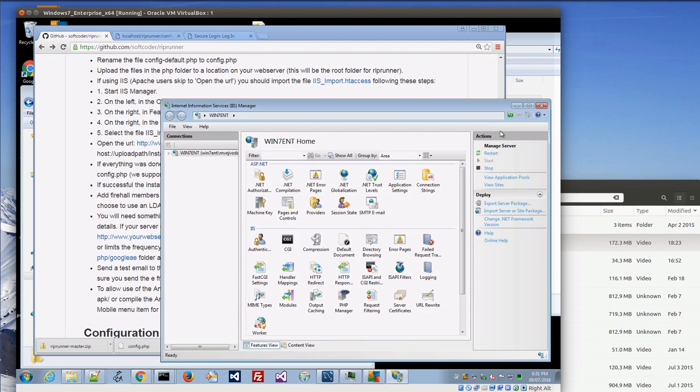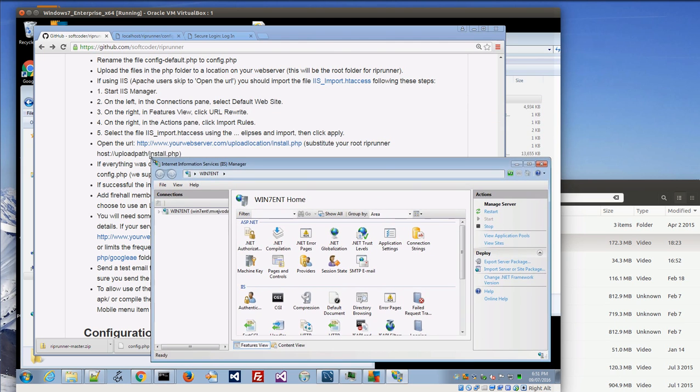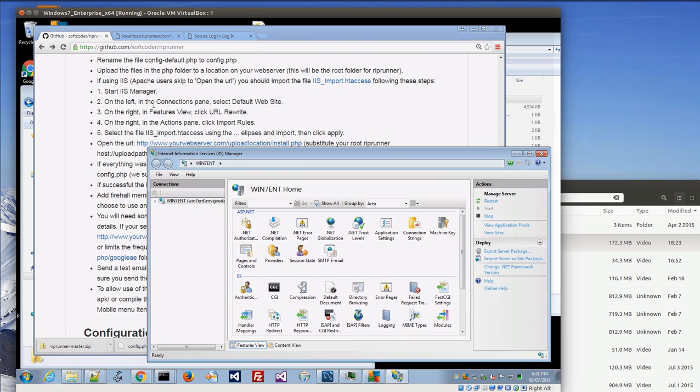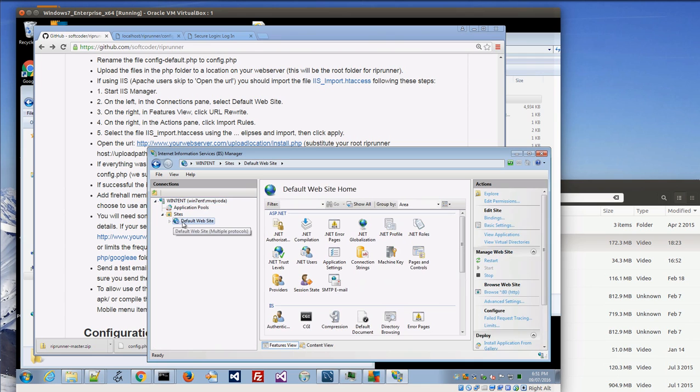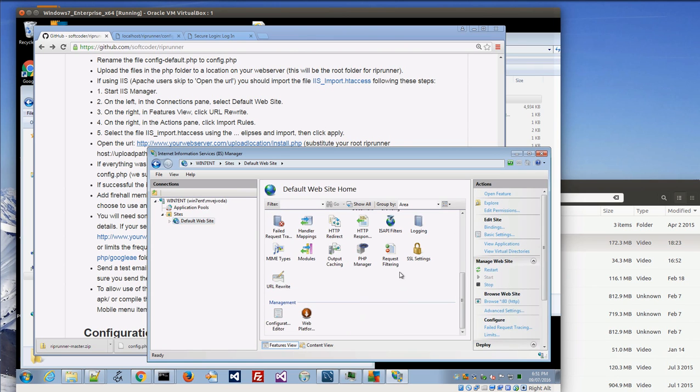Try to make it so I can see both of these nicely. On the left hand, click on connections. Up here, default website, so I have to expand this little arrow. Default website. On the right hand, over here, I'm going to select, well, actually, that's a lie. I'll have to update this documentation. Let's go down here, and